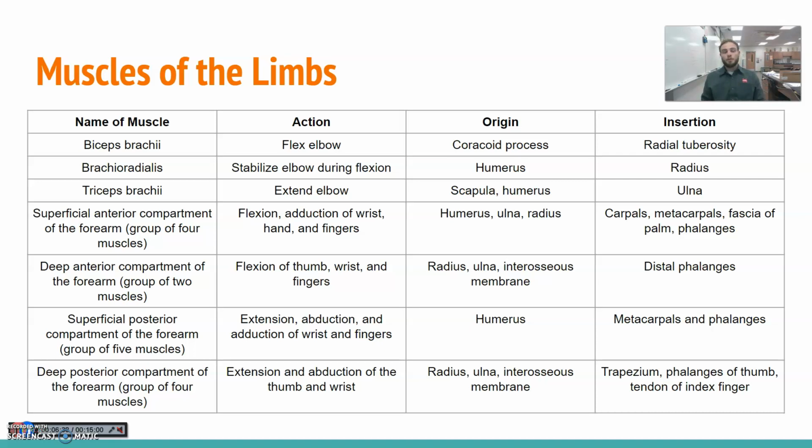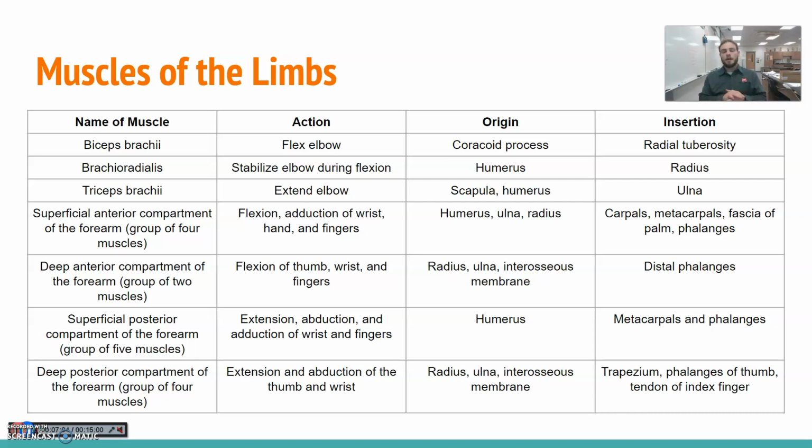The superficial posterior compartment, you're going to have 5 muscles sitting on the back side here, the posterior side. Going to be used for a number of things: extension, abduction, and adduction of wrist and fingers. All of them actually are going to originate somewhere on the humerus and insert either on the metacarpals or on the phalanges. And then your deep posterior compartment is going to be 4 muscles that extend and abduct the thumb